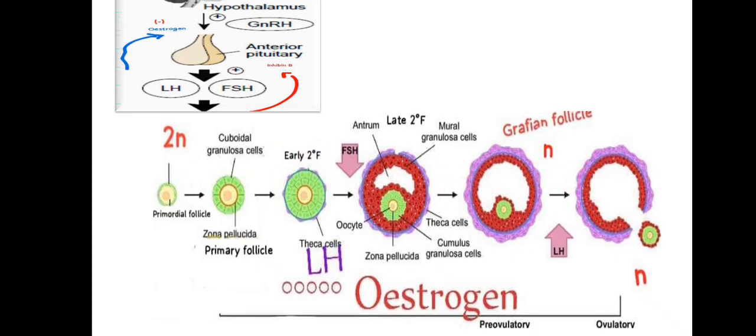But the others, which were still, they have not been able to form the antrum, they have not been able to develop properly, they're going to die because the follicle stimulating hormone has been inhibited by inhibin B. Then that one surviving Graafian follicle now, which is in N, which has got haploid number of chromosomes, it is going to be worked on by what we call LH, luteinizing hormone, which is going to make sure that it's